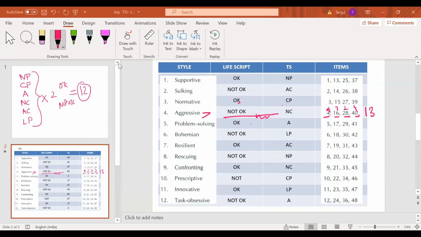For example, I had some insecurities at some point of my time, and I was a typical sulking, not okay adapted child. To the extent that my extended family members would say, if you ask Tanjul, okay, today I want to have 1 cup of warm blood, she'll say, wait, I will cut my hand and drop blood in a cup and give it to you. She is so selfless in doing things. But I realized in the process, I was the one who was suffering a lot. So after some time, I started feeling that I'm being used.